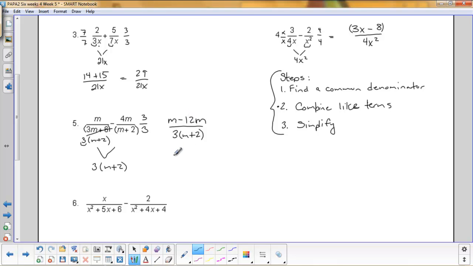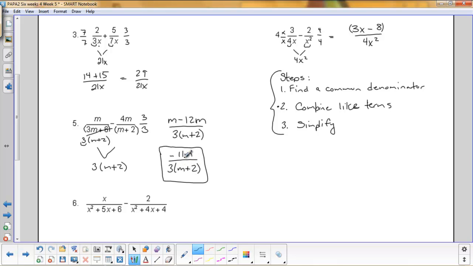1 minus 12 is negative 11. And now we come to a bit of a crossroads. I believe that it's better to leave it in simplest form. Okay? However, you might have to recognize an answer choice where this 3 is distributed back into this quantity